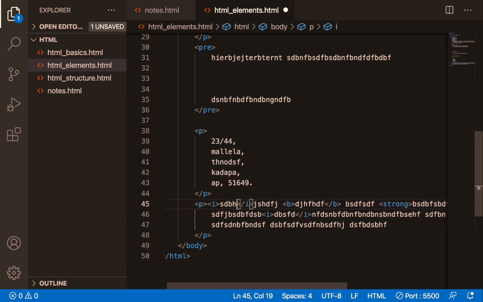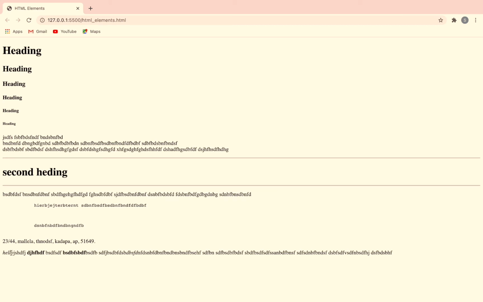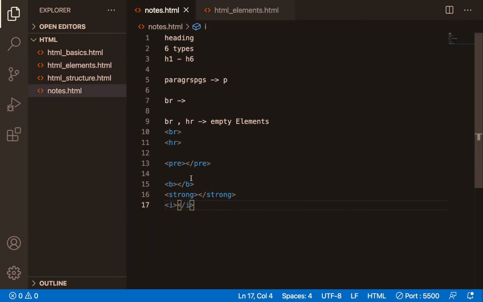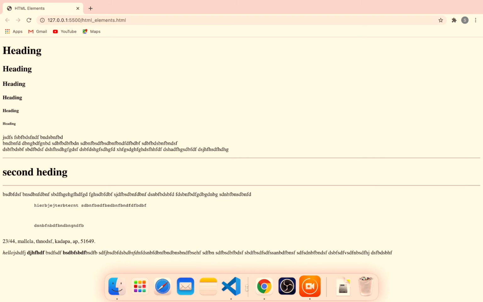Just to try, let's write hello. If you see here, the font is coming differently compared to other text. Italic font is coming. So these are the different things you can highlight the text with. Bold or strong will make it a little bigger. Italic will make it italic style like this. You can see the difference between this and here.